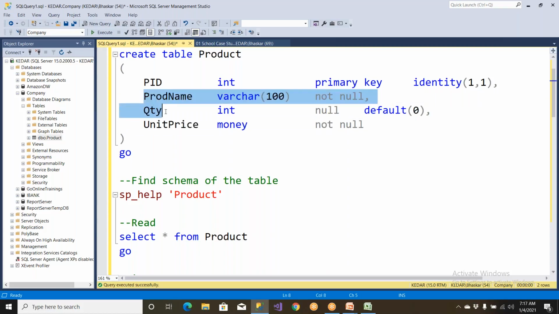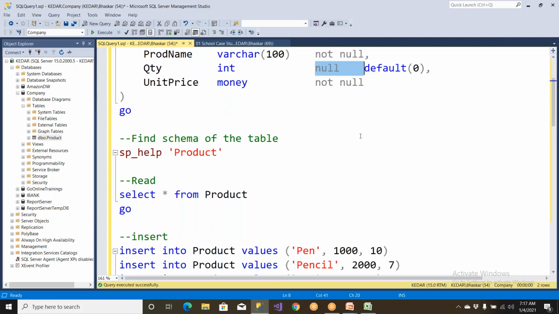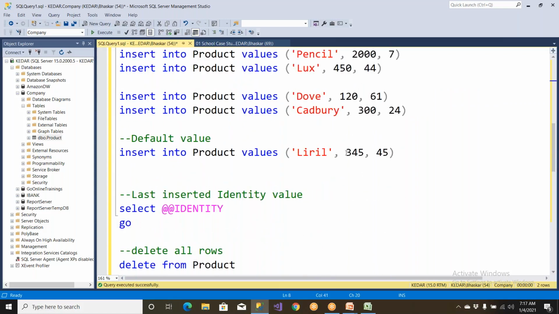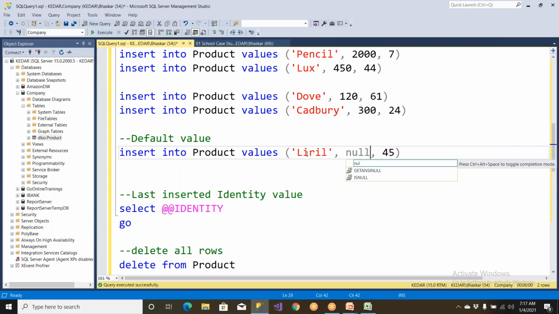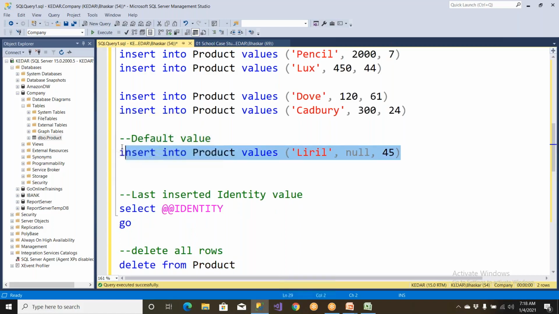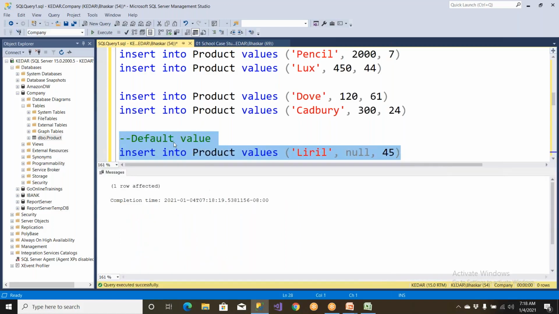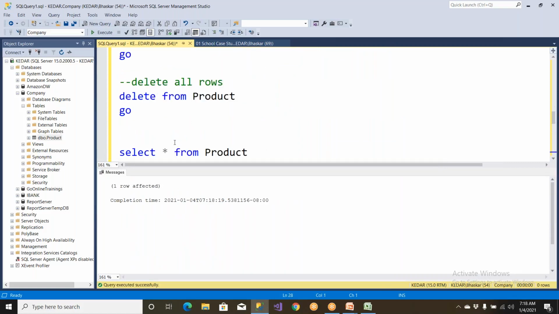So we're inserting 1, 2, 3. The second value is not important. Okay. So you can give null like this. So, soap, but the quantity I don't know as of now, but each product costs you $45. So you can specify null, not in quotes. Remember this, you should not give it like this. Null means a blank value. I don't know what the quantity is, so you can give it like this. When you insert the data, you are supposed to get